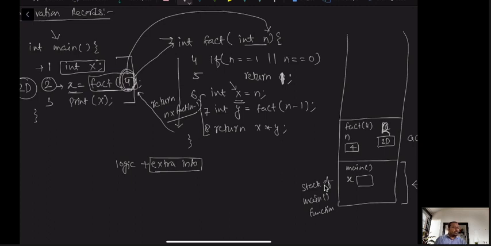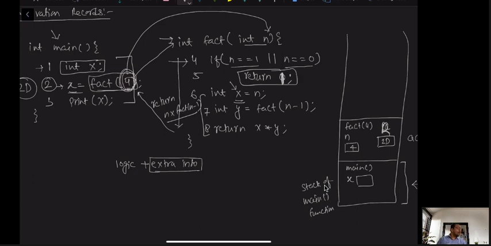When we go inside the function, we will encounter line number 4. Now, n equal to 1? No, it is 4. Now the compiler can equate the values very easily because the value is available within that stack. Or the condition of n equal to 0? No, it is not true. So it will jump the next instruction. It will not execute the next instruction.